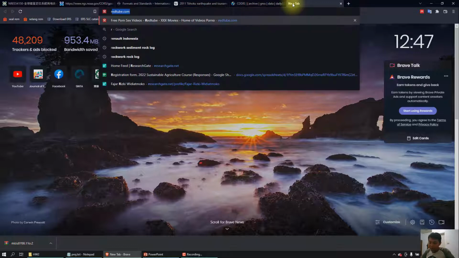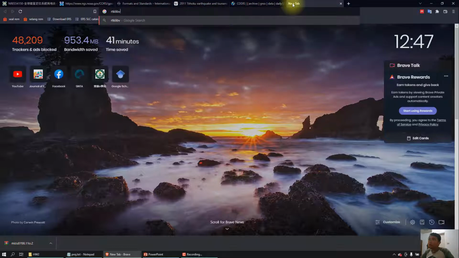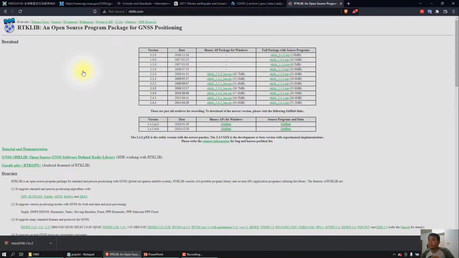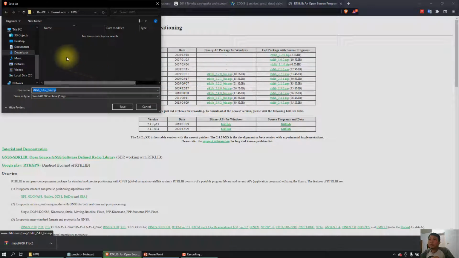We can type RTKLIB. This application is free access. You don't need a license, so everyone can use it, and it's really fun to use. You can download the latest version, which probably means it's really stable.